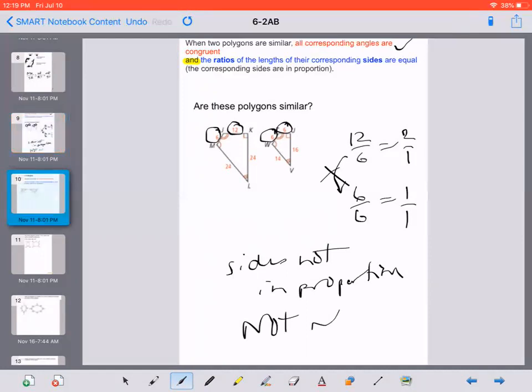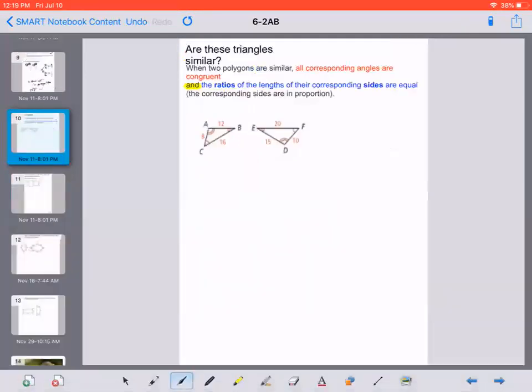How about these two shapes? Pause and decide if you think these two polygons fit the definition of similarity. We see right away that all the corresponding angles are congruent. Now let's look at the sides. Here we have in between the 1 scratch, 2 scratch. So the same markings over there, we would be comparing 8 to 10. And if we reduce that,